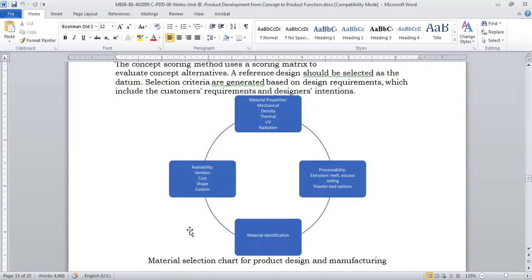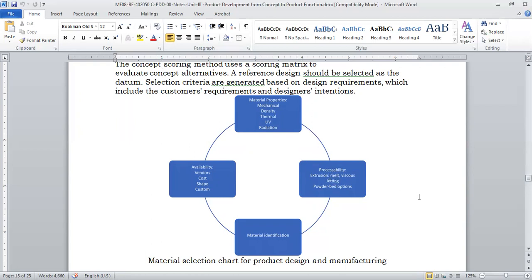Density of the material: if it is very dense, it will be heavy; less dense, less heavy. Thermal properties: whether it is thermally conductive or non-conductive, depending on the application. Ultraviolet radiation. So all these properties of the material are checked.